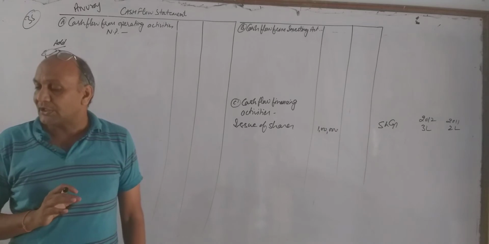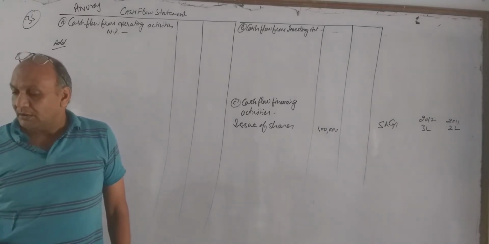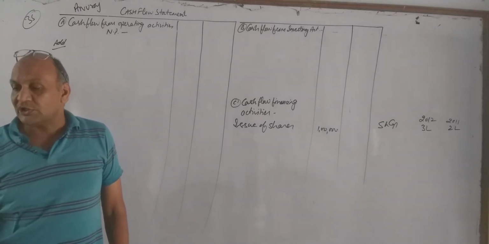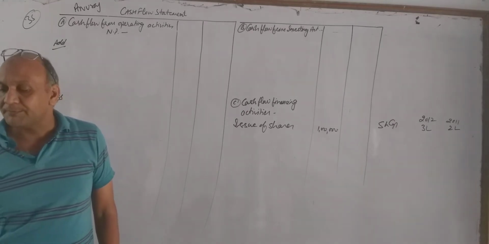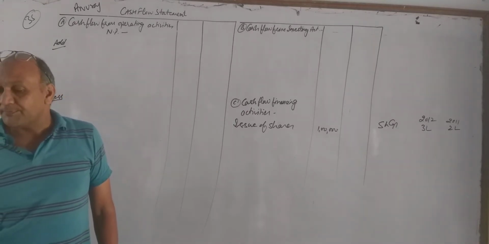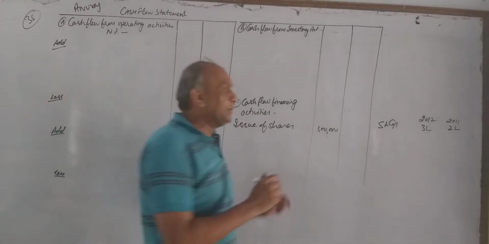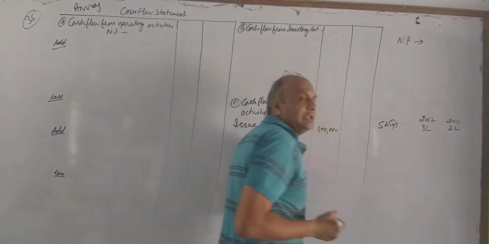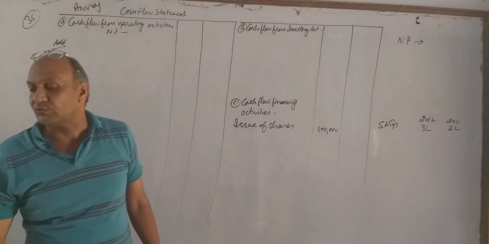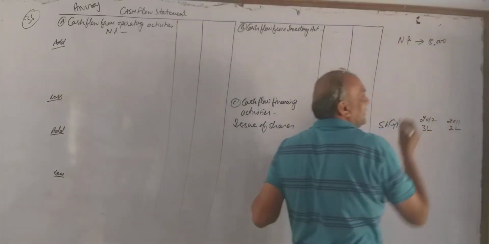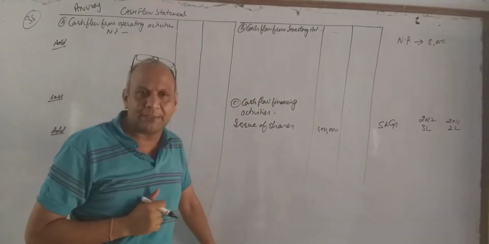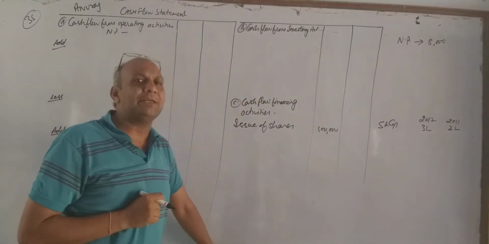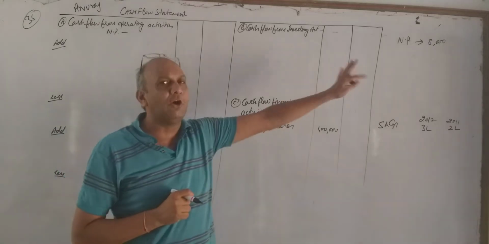Next item, reserve and surplus. In reserve and surplus we have been given note numbers. The first note is balance in profit and loss account. We are taking net profit. Last year it is 40,000, now 48,000. So we will take our profit as 8,000, the difference. Our profit is increasing. If it decreases, as I told earlier also, it will be a loss.